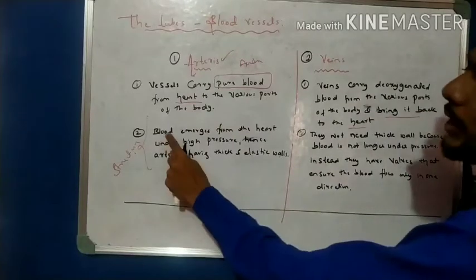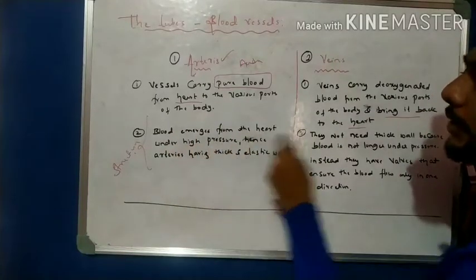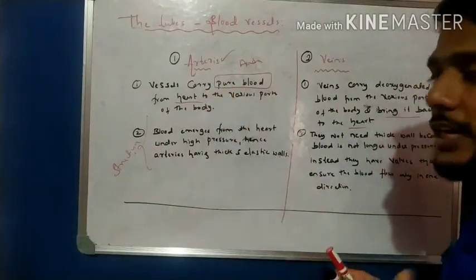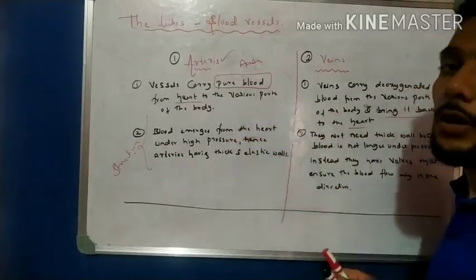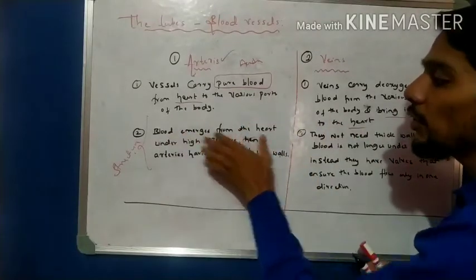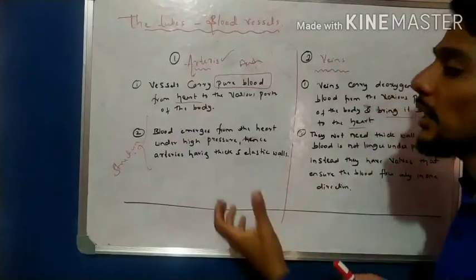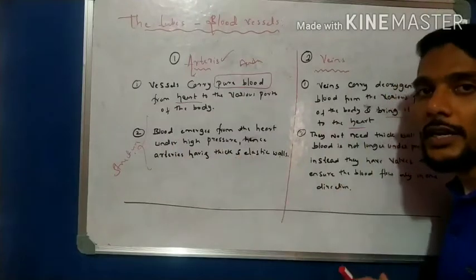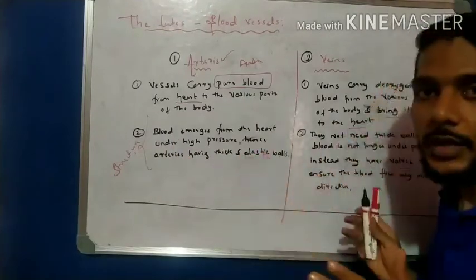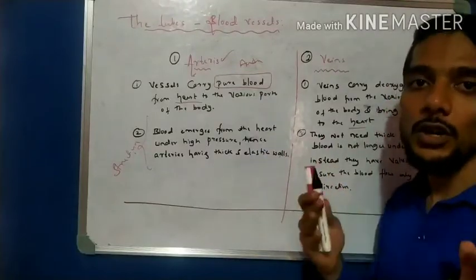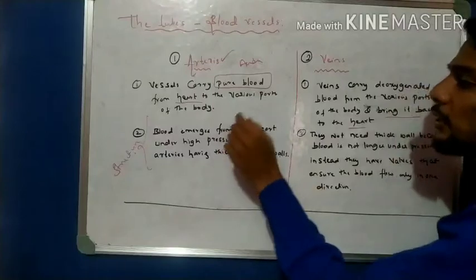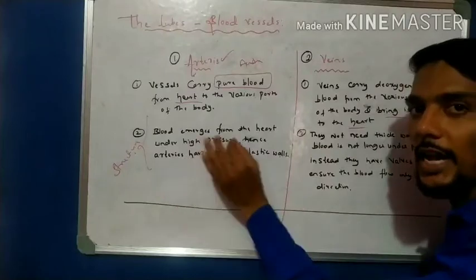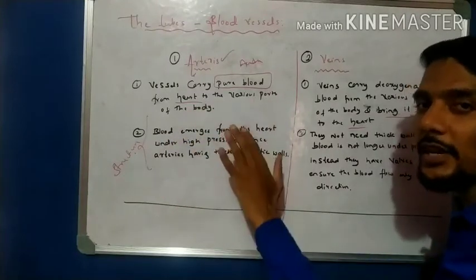So the structure: the blood emerges from the heart under high pressure. In the last video I told you that the pure blood is under high pressure, right? That is why a blood test is not taken from pure blood, because of the high pressure. So blood emerges from the heart, that is from the aorta, under high pressure. Hence the arteries have thick and elastic walls, right? They must be thick and elastic because of the high pressure. If they are not thick and elastic, they may burst, break or collapse. Simple one: due to the very high blood pressure emerging from the heart, the artery has thick and elastic walls.